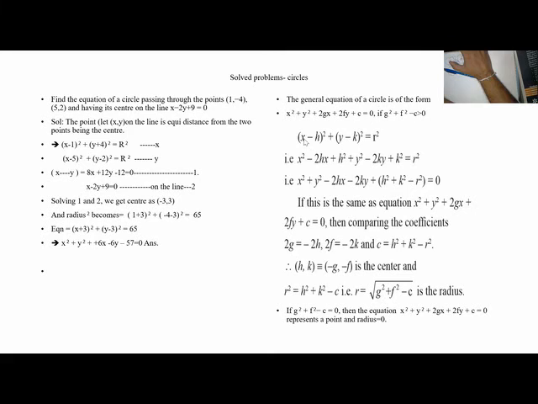When we form the equation, x minus of minus g, that means (x plus g) whole square, (y plus f) whole square. When I put (x plus g) whole square, (y plus f) whole square, I will get this equation: x square plus y square, x plus g means 2gx, y plus f means 2fy. So I am putting plus here in this equation, but actually it should be minus. Why should it be minus? We have just seen why.